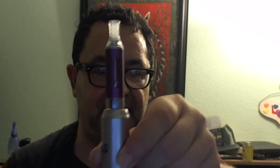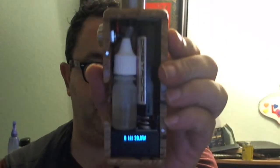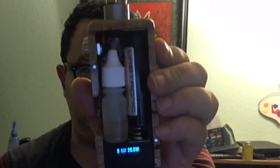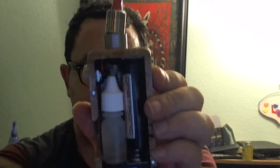It's a top feeder. Now, on the other side of the coin, the DNA20D is a bottom feeder. As you can see, there's an 8 milliliter bottle on the inside. When you squeeze that bottle, liquid comes up through the tube. I have the top of my atomizer, the RBA, partially unscrewed so that I can take it off quickly and you wouldn't have to watch me fiddling with it. But what I wanted to show you was, if you look carefully, I have a reamizer too,